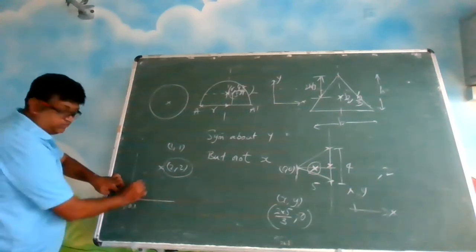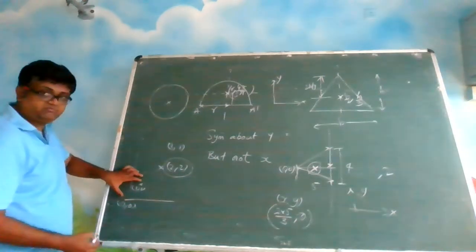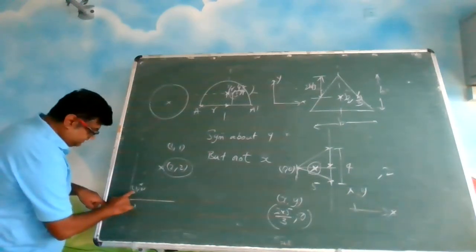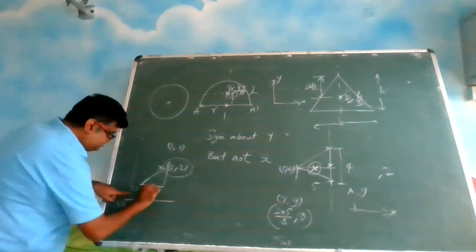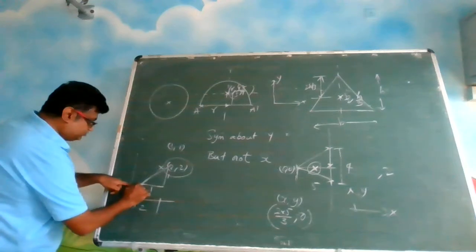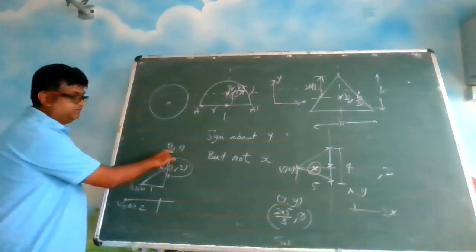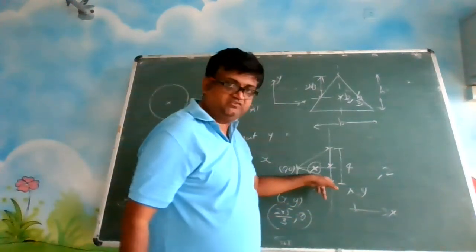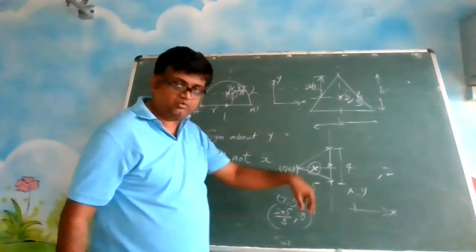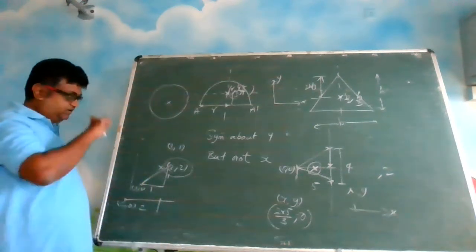Why? Because I changed the coordinate of the origin I took. If I take this as the origin, it is 2, 2. If I take this as 1, 1, so this is 1 and this is 1. Isn't it? The whole is 2. 2 minus 1. This is 1, this is 1. So this coordinate, when I am taking this, it is becoming 1, 1. That is what is happening. If I take this as the origin, I will get some coordinate. If I take this as the origin, I get some other coordinate. But the point remains there only.